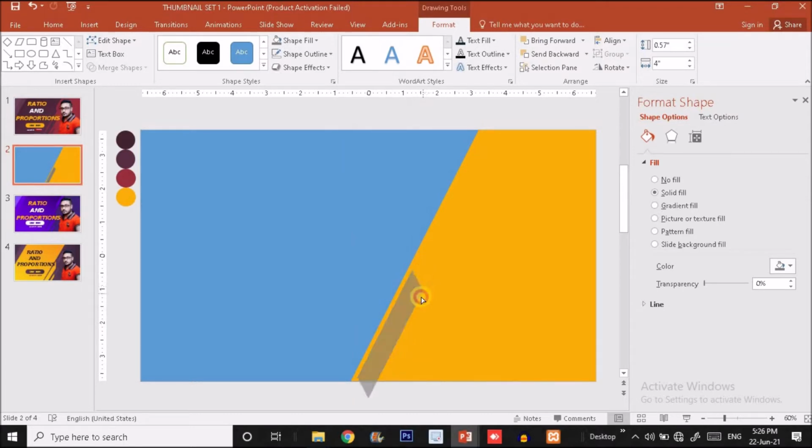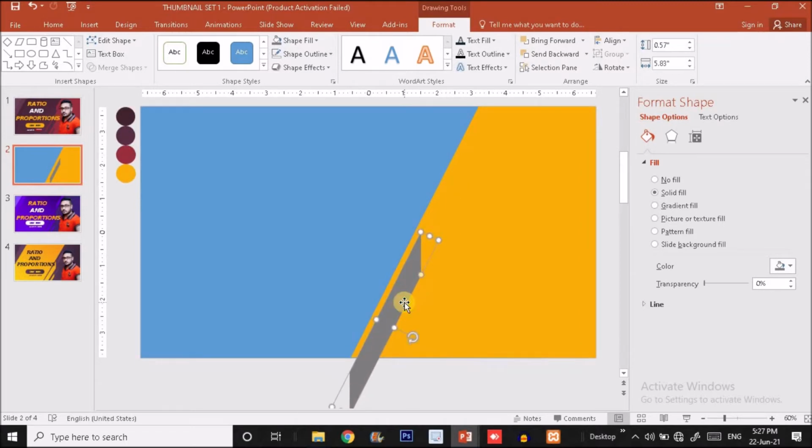Now you will see the yellow dot over here, so you just have to slide it down to make it vertical, like you have to do it something like this. Now increase the length like this and put it over here. Okay, and now I'm going to make it something wider like this. Press Ctrl D to make another duplicate copy and make it thinner like this and put it over here. Make it something wider like this much and put it over here.